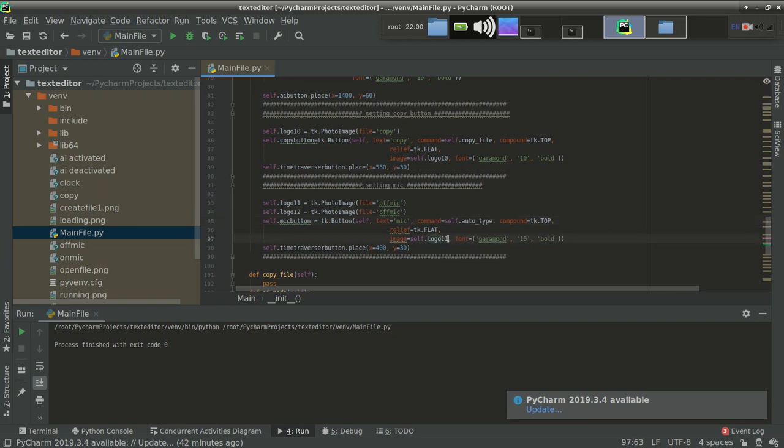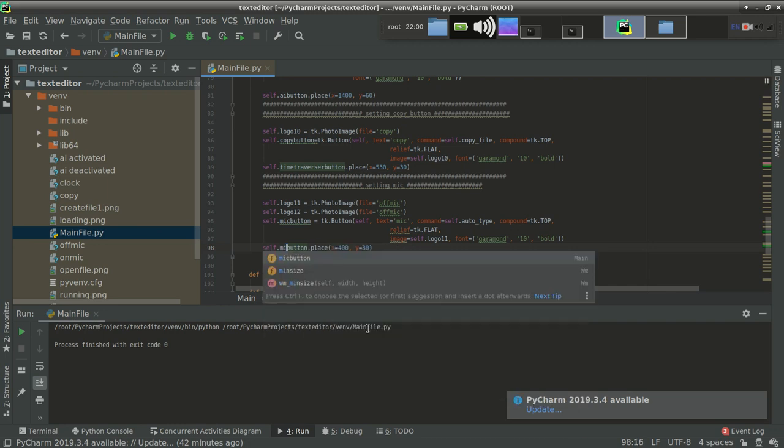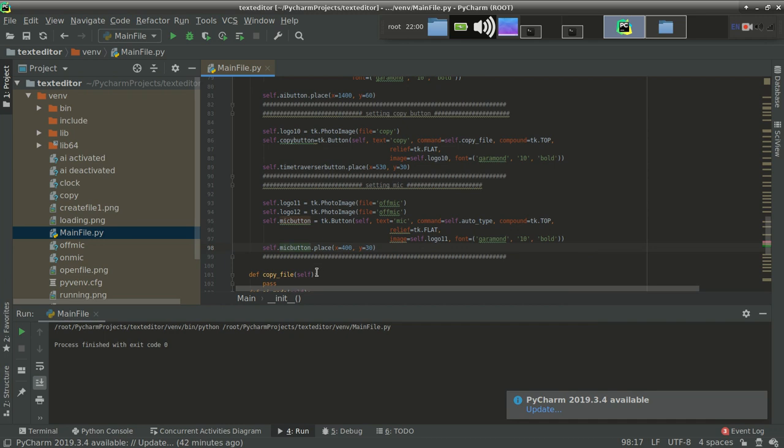It should be 11 because initially mic is enabled, or in off mic state. So we are using logo 11 over here. Font is also good. Let's place this mic button. X position should be around 630, that is fine.